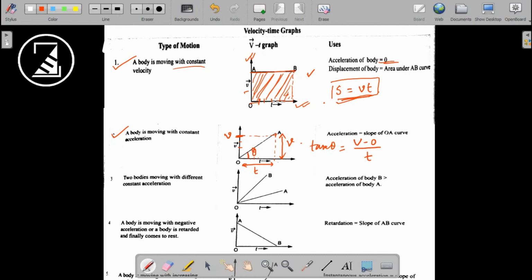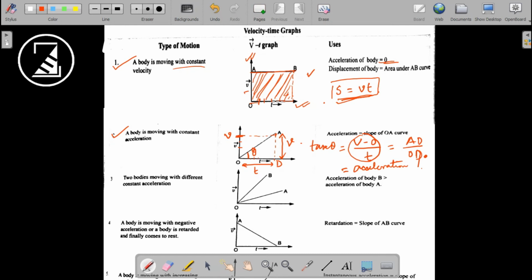If we put a name, suppose it is AD, so it will be AD by OD, perpendicular by base. AD is nothing but v minus 0 divided by t. What is it? V by t, change in velocity by time. This is nothing but acceleration. Okay. So acceleration is equal to slope of